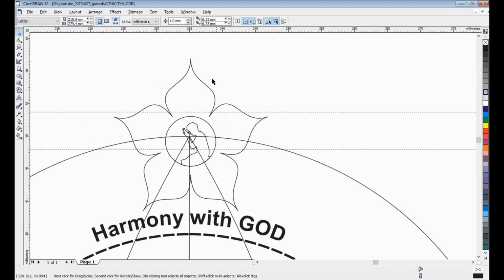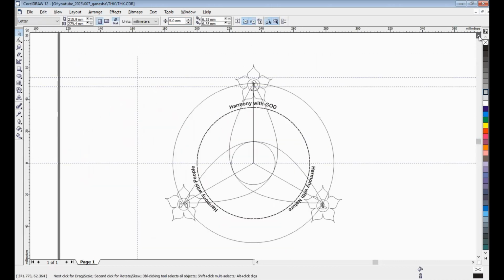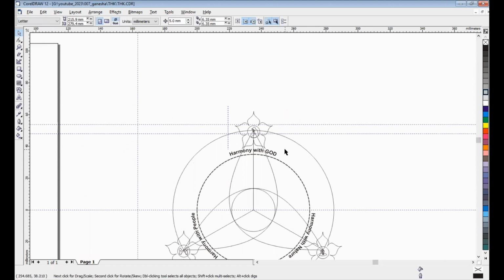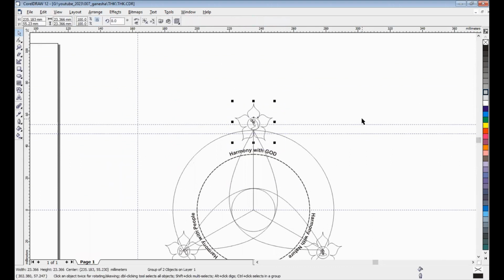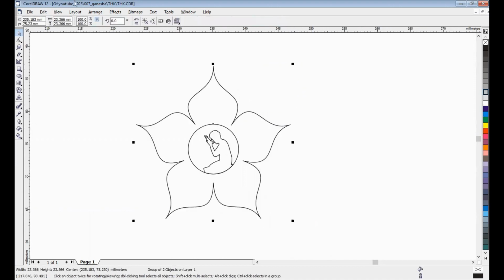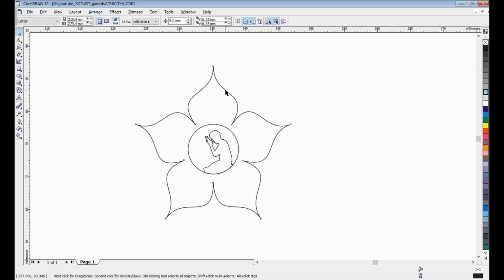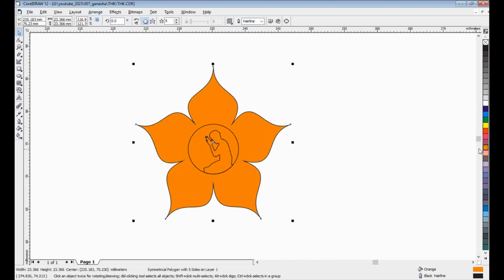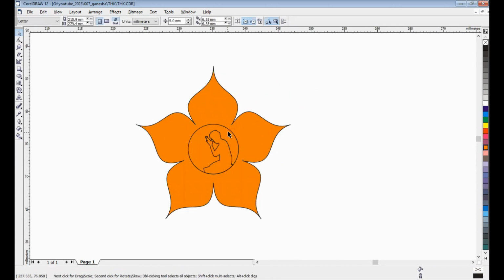Okay, let's try. Maybe I set 5 for example. Use your keyboard to move it. Okay, I will ungroup first. After that we can color like this.